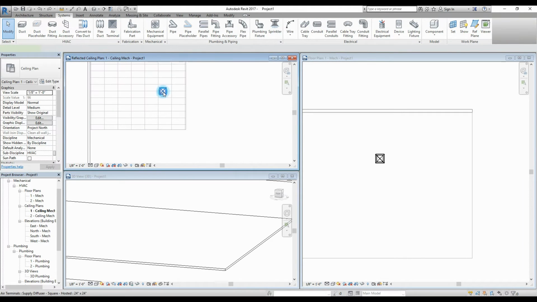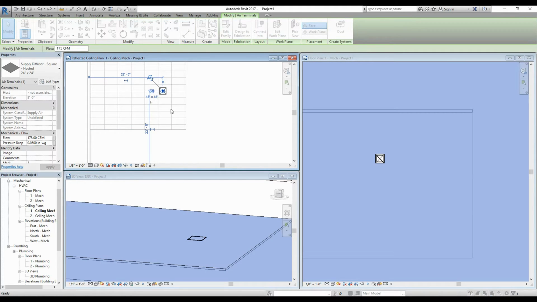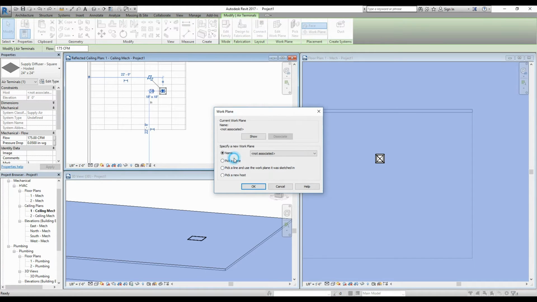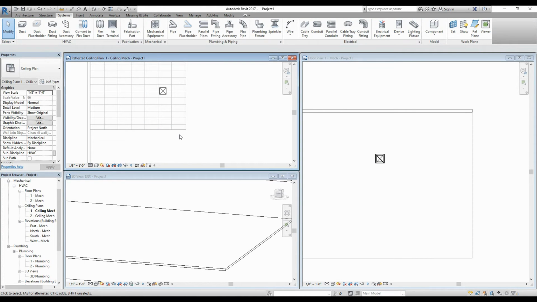Or Control Z to make it not associated. You can just go edit work plane, and then it'll come up with this dialog, and then you can just pick a plane, pick the ceiling, and it'll become hosted again that way as well. Yeah, with Revit there's many ways to do everything, so